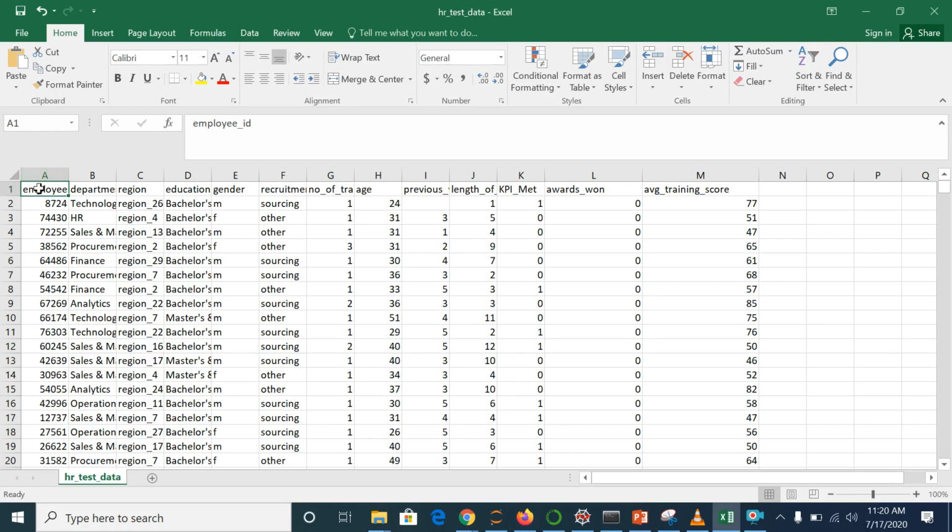For example, the employee's department is given, what education he has, what gender he belongs to, how many trainings he has attended, his age, his rating as of now, how many years of experience he has, whether he met the KPIs or not, whether he received any awards or not, and his score in the training. All these parameters come into the picture when we are predicting whether this employee is going to get the promotion or not.